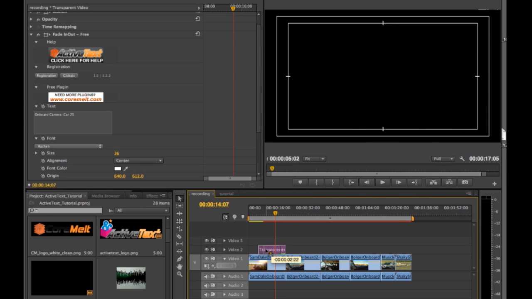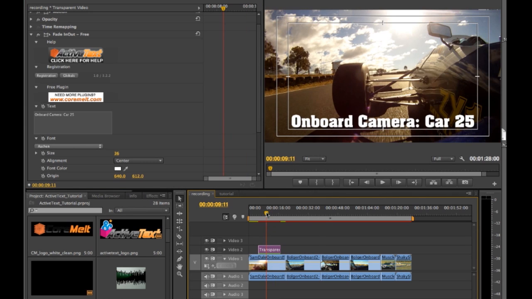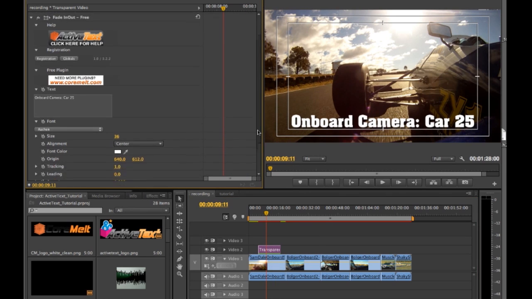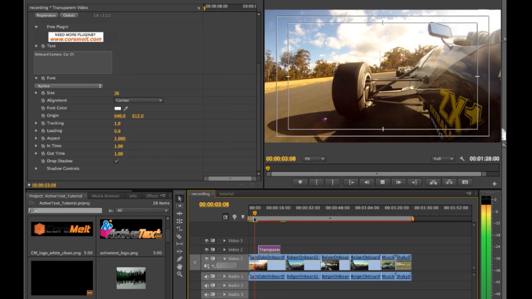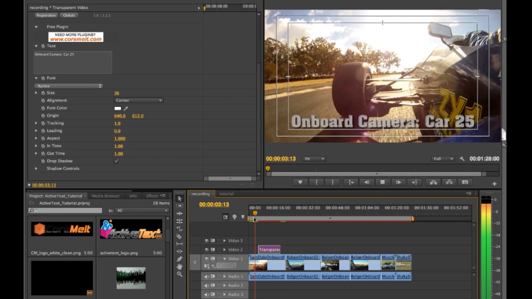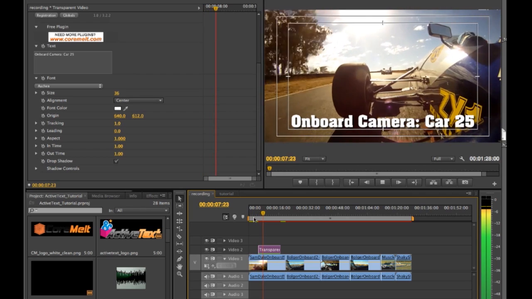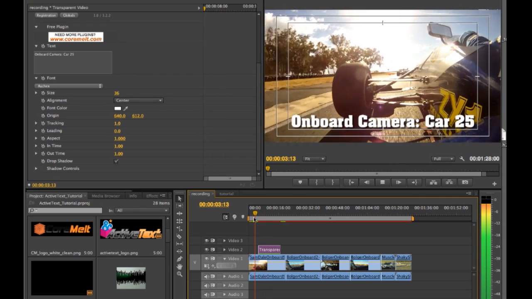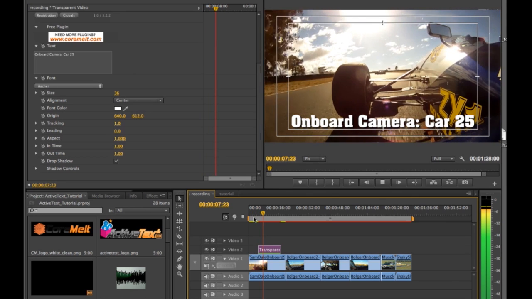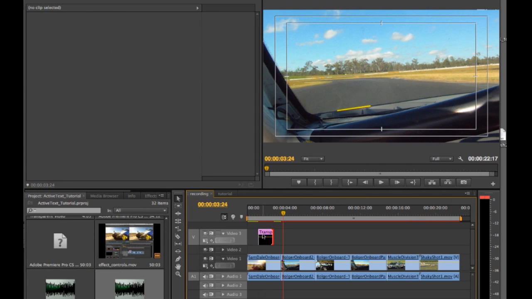And when you're happy with the layout, what you can do then is adjust for timing by going down to the in time and out time parameters, and by setting the values here, you're setting the time in seconds of the animation in and out times for the title. In this case, it's just a simple fade in, fade out, but all these titles work the same way, the same basic parameters. So what I'm going to do now is just adjust the timing of this title we've just